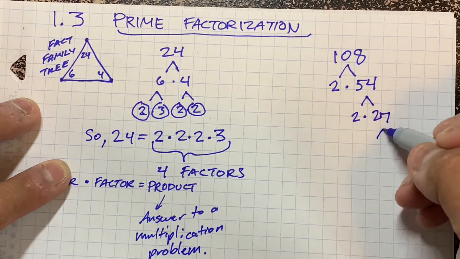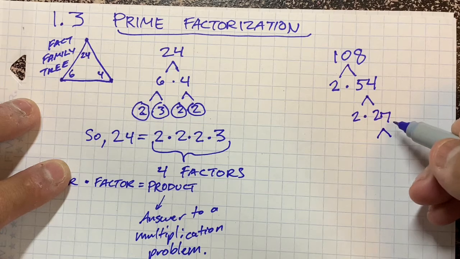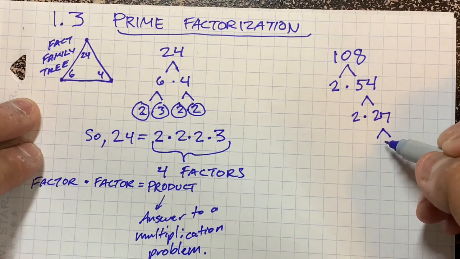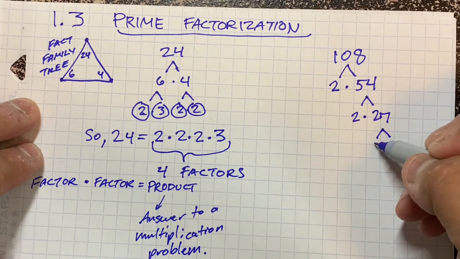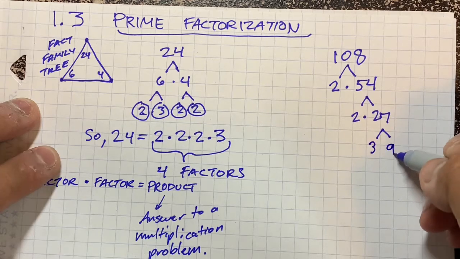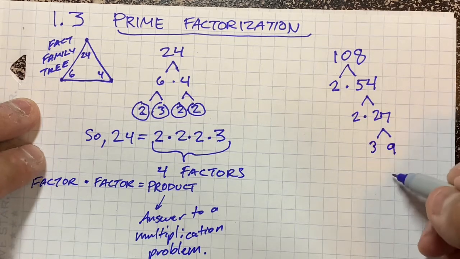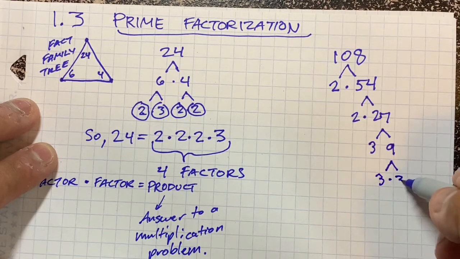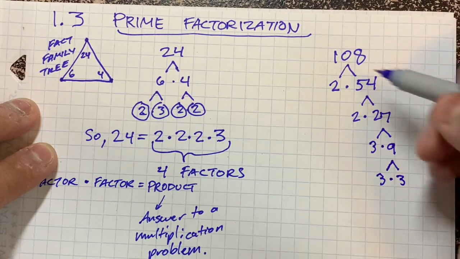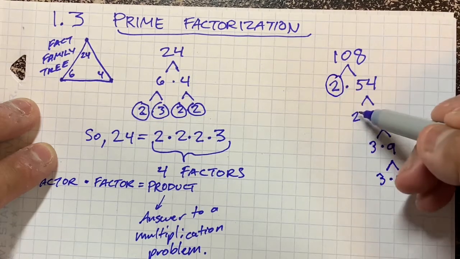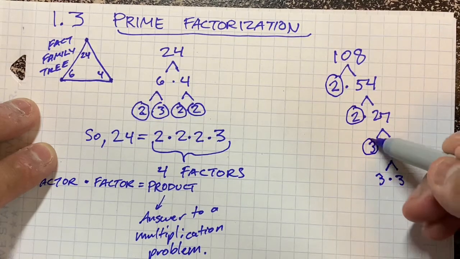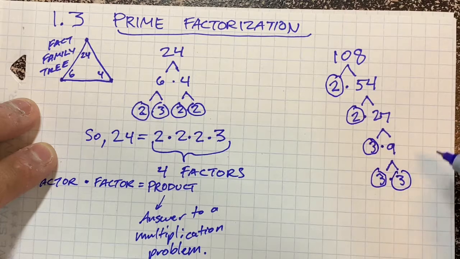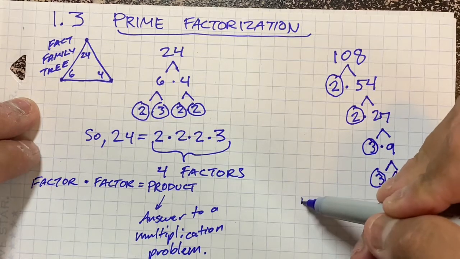Now, if we look at 27, 27 is still a composite number. So we know that 3 times 9 would be 27. 9, we keep breaking that apart until we get primes. And so once we have our primes, 2 is a prime, 2 is a prime, 3 is a prime, 3 is a prime, and 3 is a prime, then we can say that